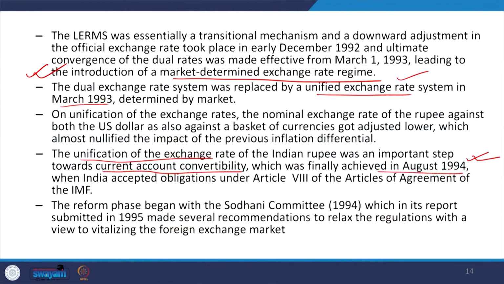The reform phase began with the Sodhani committee in 1994, which in its report submitted in 1994 made several recommendations to relax the regulations with a view to vitalizing the